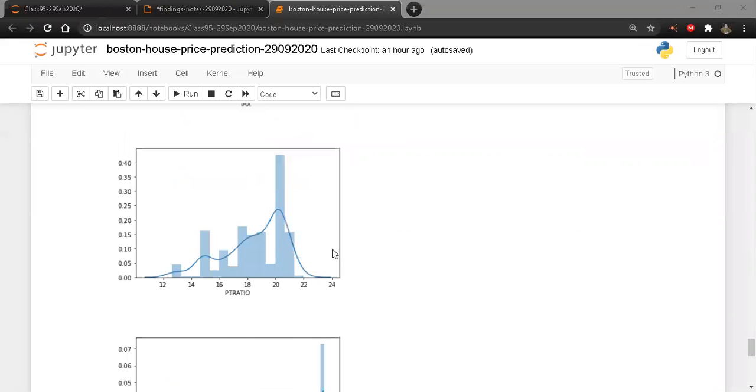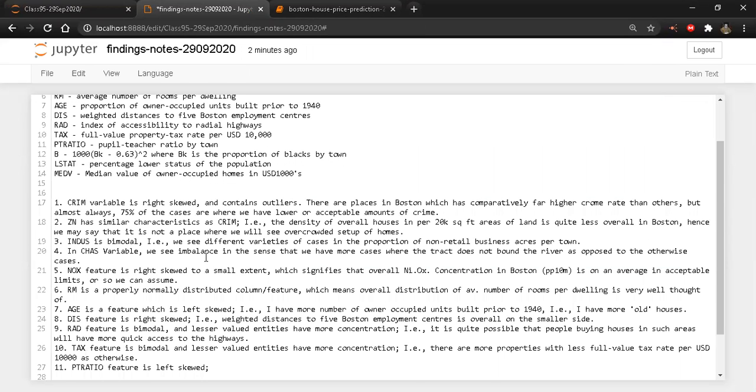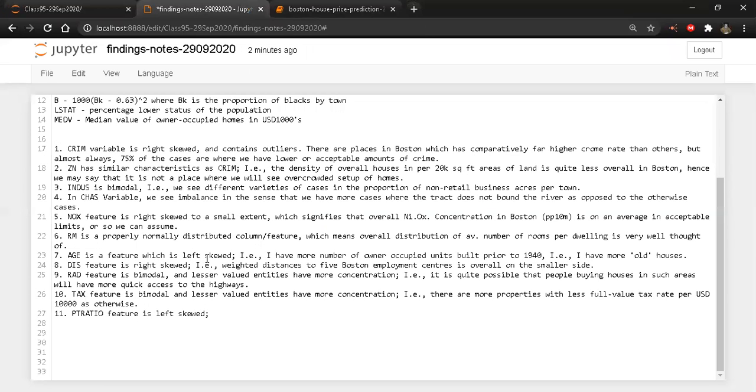The next is PT ratio. Okay, PT ratio seems to be right skewed. No, I'm sorry, it is left skewed. PT ratio feature is left skewed. Okay. Then what is PT ratio? PT ratio is pupil teacher ratio by town. Right? It means